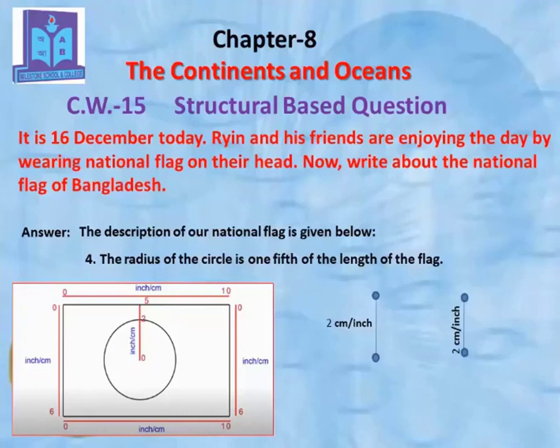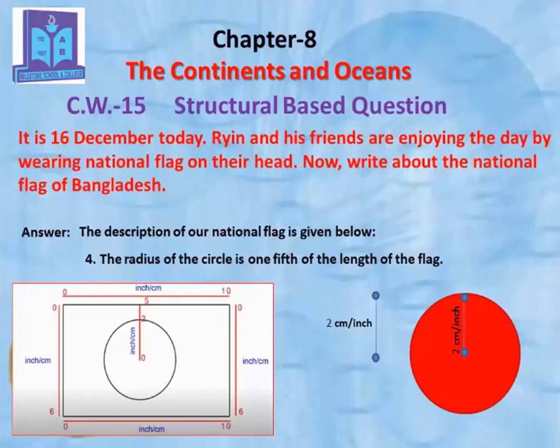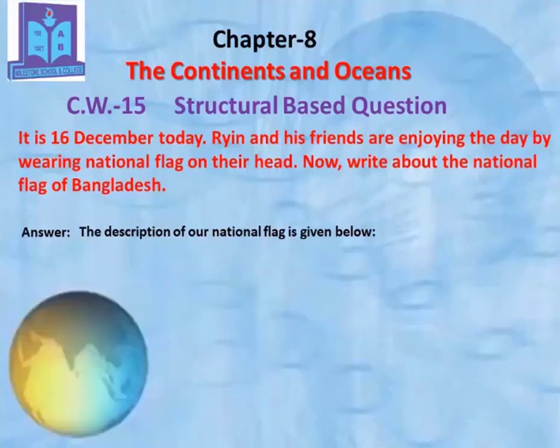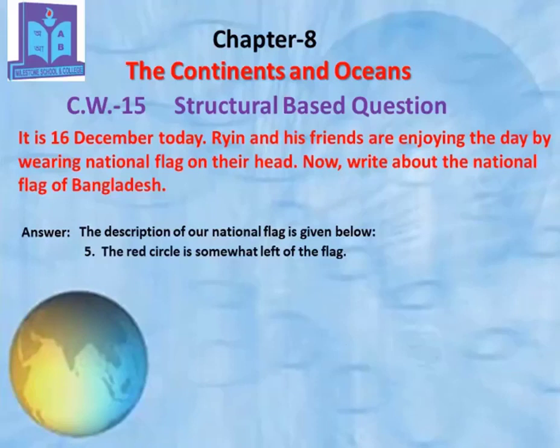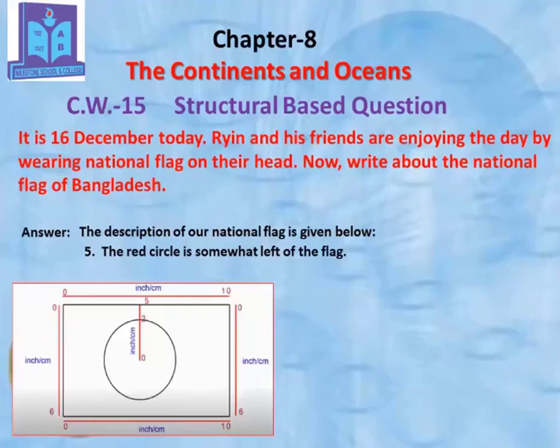Then with that measurement we will draw a circle. So this is the radius of the circle. So we should maintain this one. Number 5. The red circle is somewhat left of the flag. That means this is not just in the middle. Look here. If the length is 10, here 5 indicated that this is the middle point and the radius is